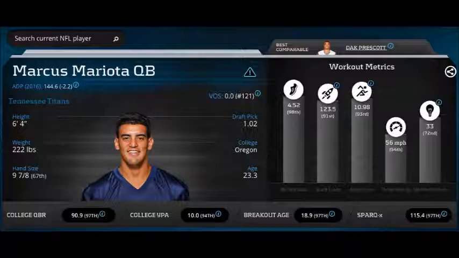But I look at this profile, and I can just off of this profile tell you definitively that Marcus Mariota is going to be one of the best quarterbacks, considered one of the elite quarterbacks in this league for years to come. Why? Because he's so young. He checks every single box from a metric standpoint. Every single thing on here is impressive, and that's how I know, without even watching his film, that he's going to be an amazing quarterback in the NFL. And that's really one of Matt Kelly's big things. He's not big on film grinding because that's subject to bias, but the metrics tell the story more often than not.